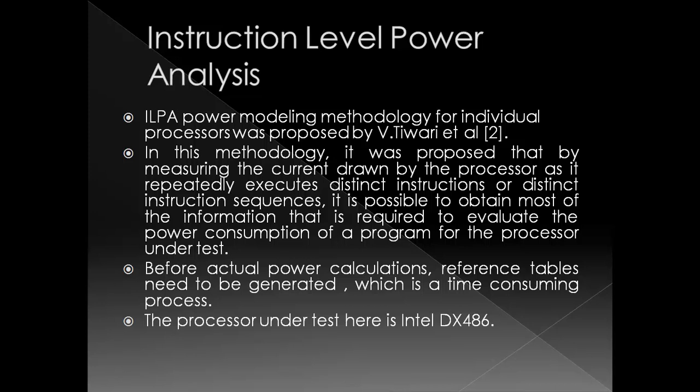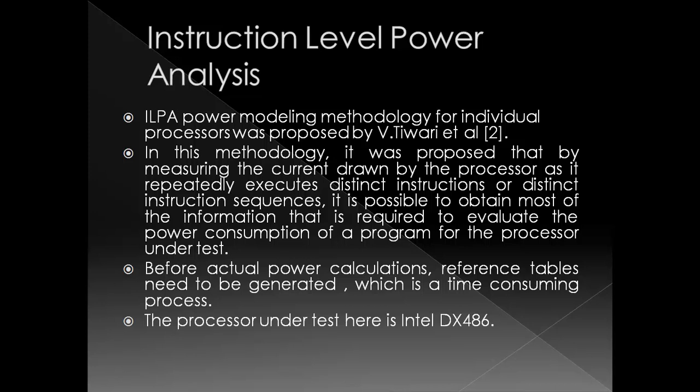The power model is then modeled as a base cost for each instruction and its inter-instruction overheads that depend upon the next instructions. The base cost of an instruction can be considered as the cost associated with the basic processing needed. When switching from one operation to another, the change in the current drawn could be used to estimate the power in the inter-instruction switchover which is taking place. So it was able to give a rough estimate of the power consumption in a system.